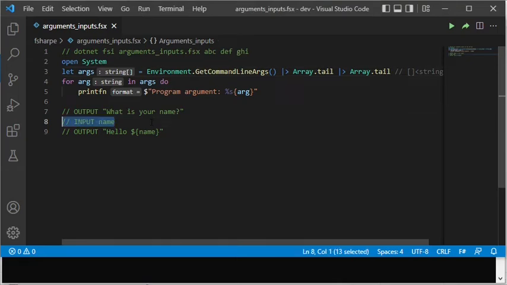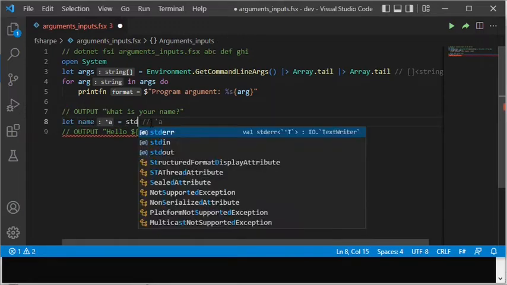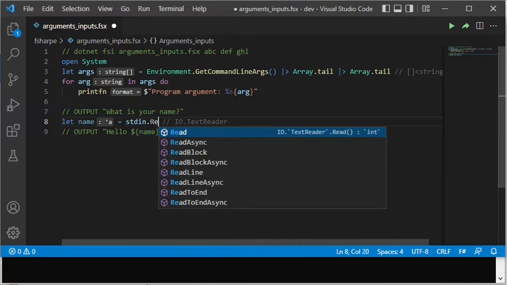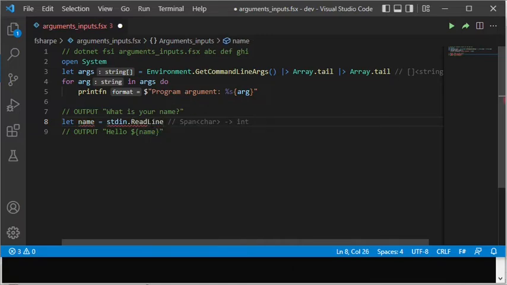Now I will implement the second part of the program, that is, to receive input from the keyboard while the program is being executed. I am using the method stdin.readline to read input from the keyboard and receives the returned string into a variable name.